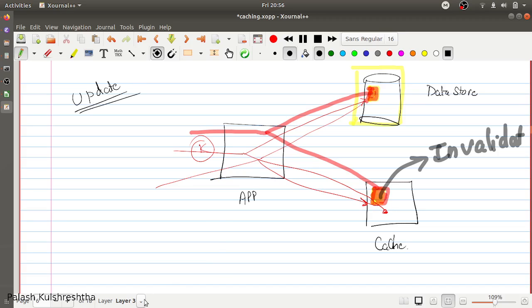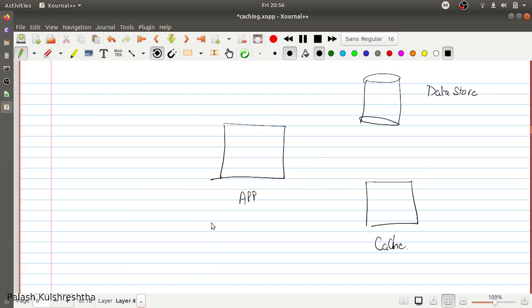Let's see a few more scenarios of things we have to consider when we are writing a cache aside pattern. One other thing that we have to keep in mind is, for example, if there is some data that is very costly to retrieve from the database.